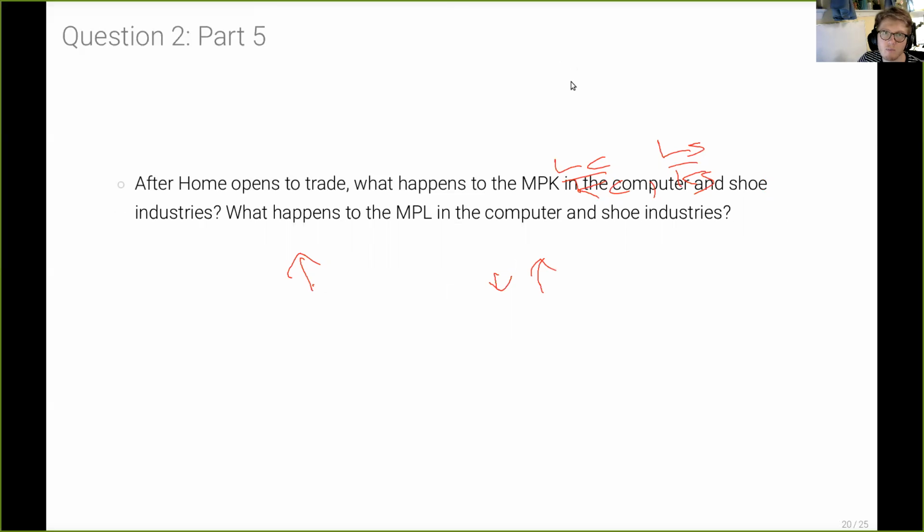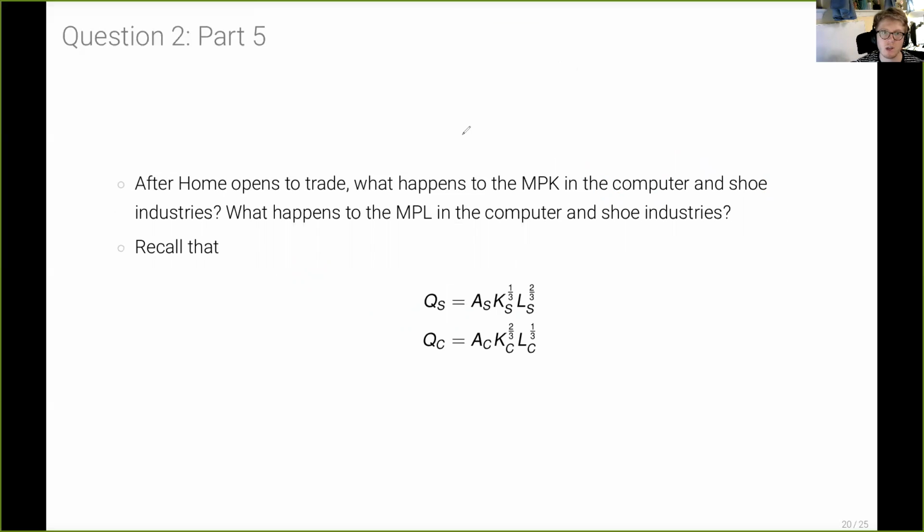And let's move on to question 2, part 5. So question 2, part 5 says, after home opens to trade, what's going to happen to the marginal product of capital in the computer and shoe industries, and what's going to happen to the marginal product of labor in the computer and shoe industries? And so I didn't figure out what the marginal product of labor and capital were before, but